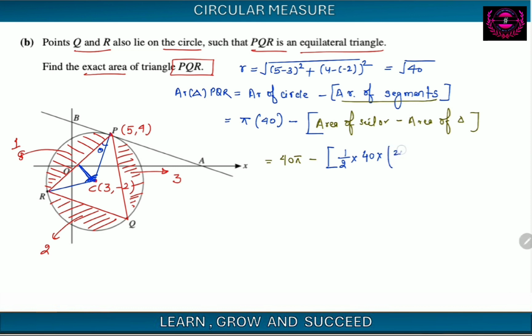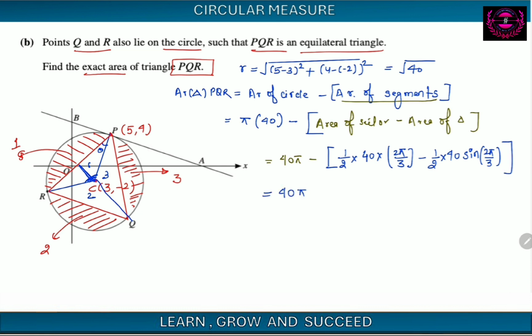You can clearly understand from the geometry that these three triangles, triangle 1, 2 and 3, these three angles subtend 360 degrees at the center, so the angle for each triangle will be 2 pi divided by 3. Minus the area of the triangle, which is half r square sine theta, so half into 40 into sine 2 pi by 3,